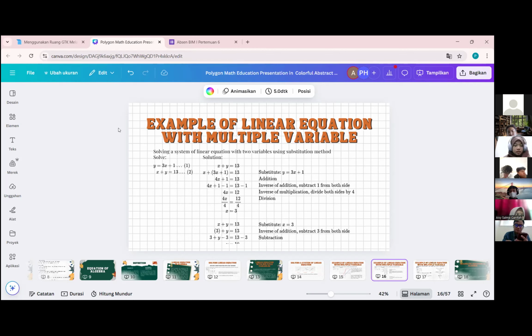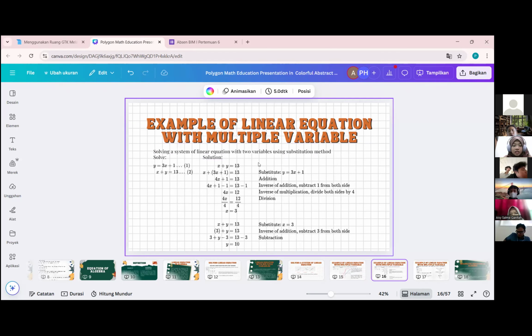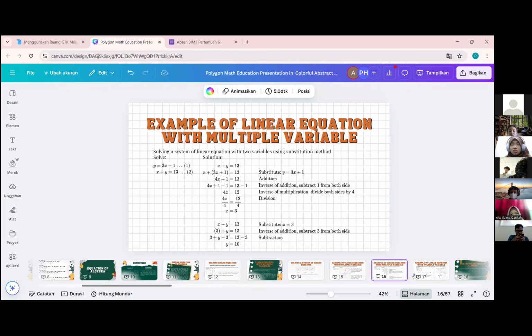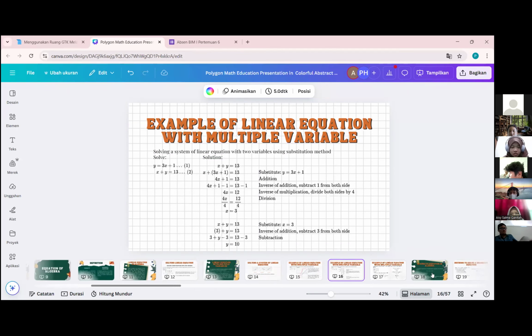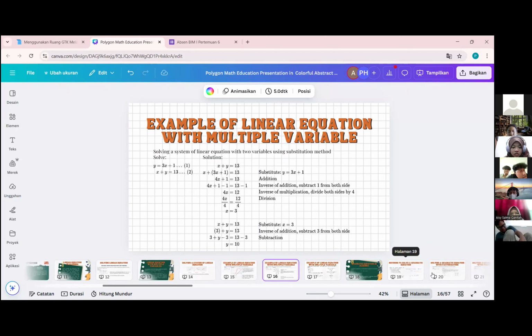Itu aja sih. Teman-teman ada yang mau menambahkan? Mungkin ada yang saya kelewat. Teman-teman mungkin bisa menambahkan. Tidak ada, cukup. Berarti bisa lanjut ke kuis aja. Iya Bu, izin bertanya, berarti untuk slide kubik dan juga polinomial dihapus aja Bu? Untuk revisi dihapus tidak apa-apa. Tapi kan ini sudah dimasukkan di Google Drive? Iya Ibu. Delete tidak apa-apa.